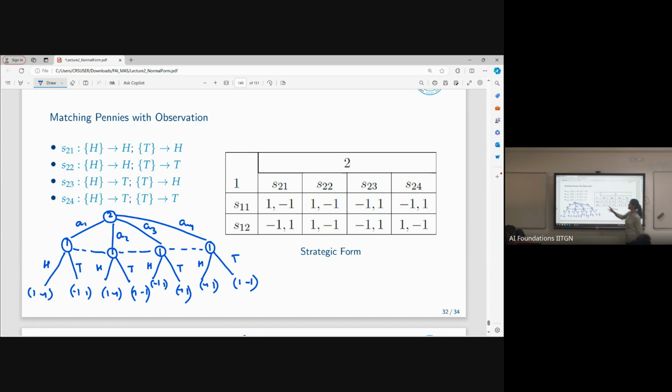So what would be the corresponding game of this? Matching pennies with observation is that agent 1 is taking 2 different actions. And now agent 2, with observation, so agent 2 knows where. And so now agent 2 is also taking 2 different actions. And then you will have some utilities, whatever. So these two are very different looking extensive forms. Now try to write the strategic form game for this and see how it looks. Do it, and you'll have more doubts.